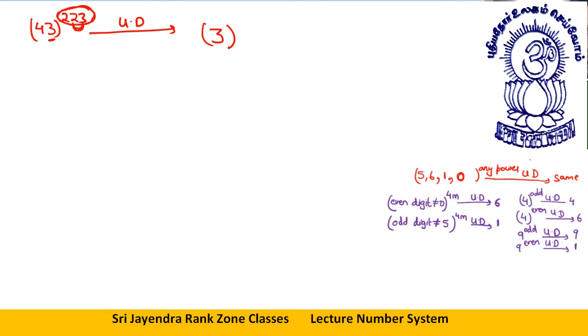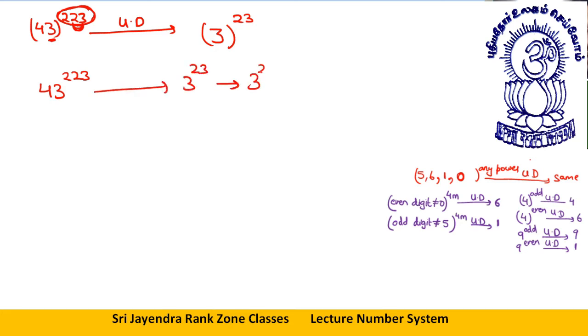So the divisibility rule of 4 is just take the last two digits. So what I'll do, I'll take only 23. Numerous examples will come, students. Don't worry, you will get this concept. What I need to take here, I will take the last digit from here, and from the power I will take the last two digits. That is 43 raised to power 223. What I will be doing is 3 raised to power 23.